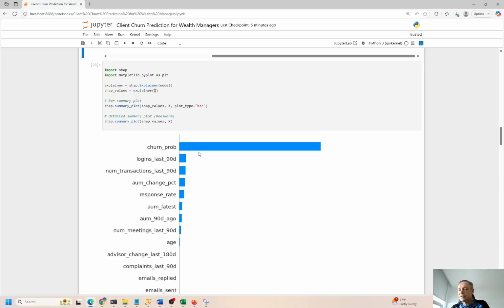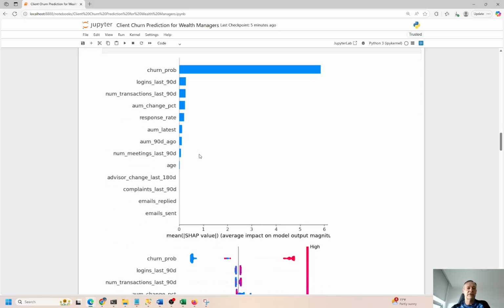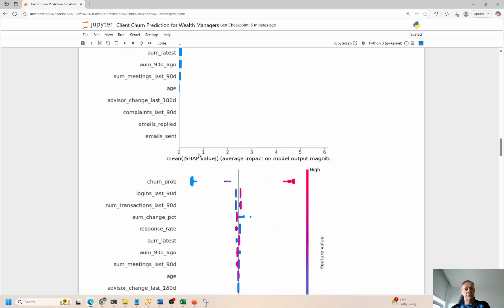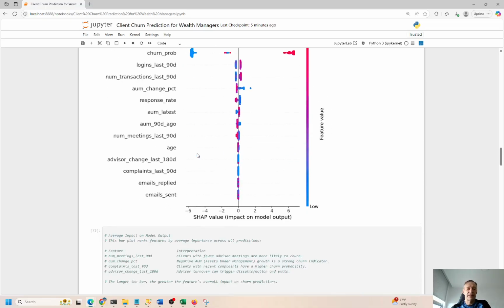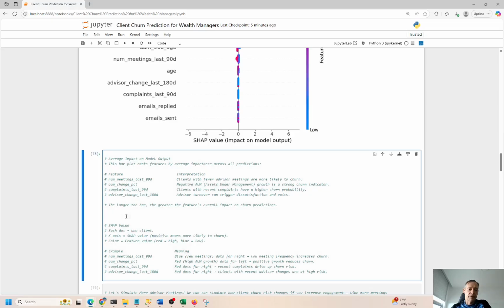This is under the hood and behind the scenes how that model is working, right? So which features have the highest impact on driving clients away? Why are the clients walking? Why are they leaving? Why are they going somewhere else? This is why, okay? So this helps you understand the why. So I've got a bunch of notes down here about the variables, the reds and the blues, and the rights and the left. Blue, fewer meetings. Number of meetings since the last 90 days, AUM change. Red is positive, right? Complaints filed in the last 90 days, red goes over to the right, that's positive. Blue is negative, and advisor change in the last 180 days, so that's 6 months.